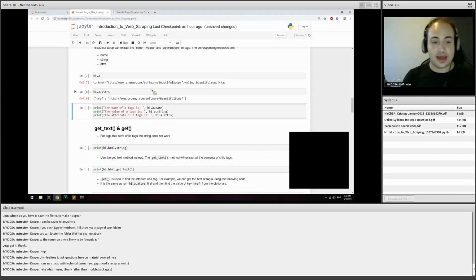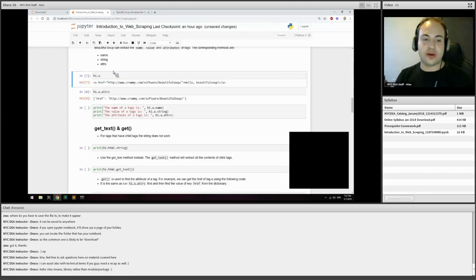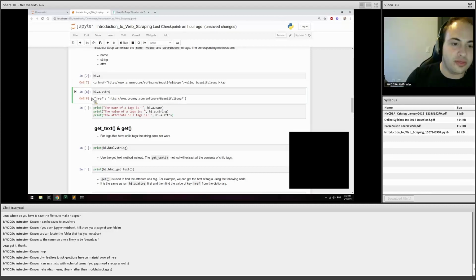hi.a.attrs, and as you can imagine, you can have more than one attribute per a tag. So href is one for a tag, but another popular attribute is class. ID is another popular attribute. So there's many different attributes, and a tag can have many different attributes to identify it or to make it unique from other tags. And we'll use this to kind of identify different elements on a page that we want to extract. So here we can see that this attributes method, what it returns is this dictionary, and this dictionary